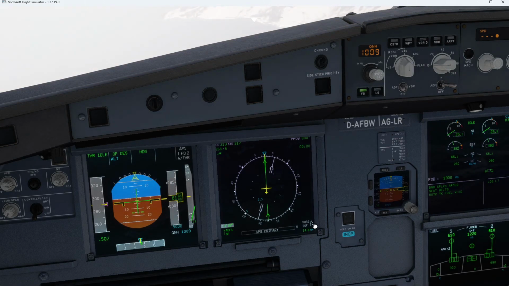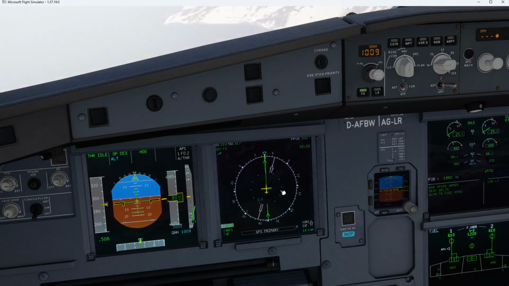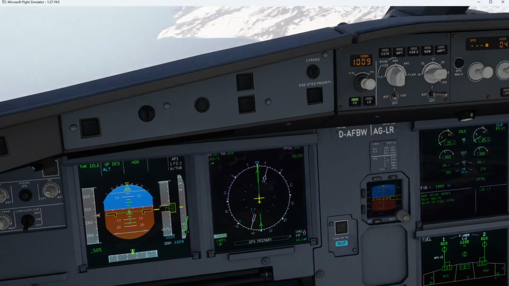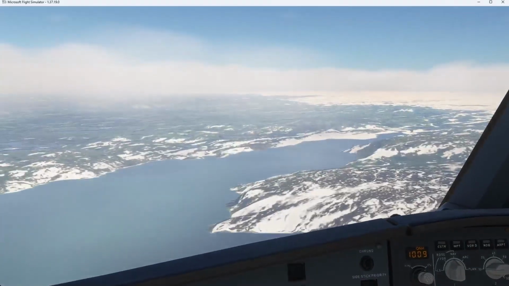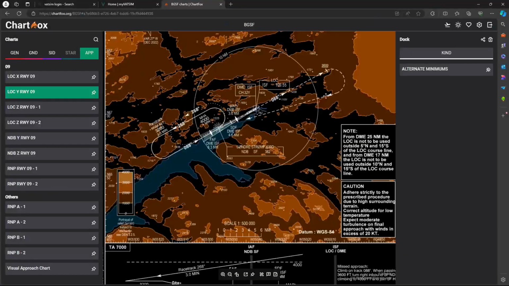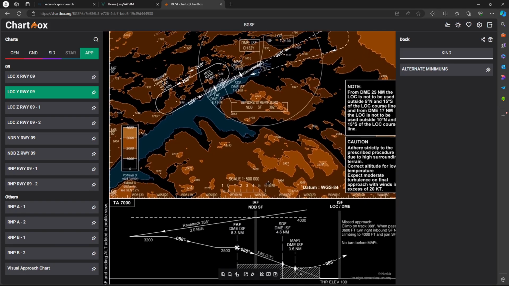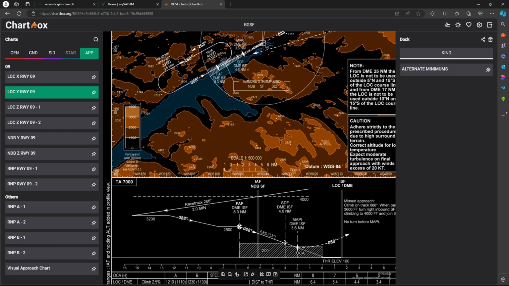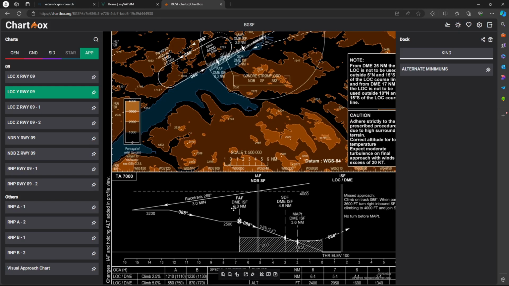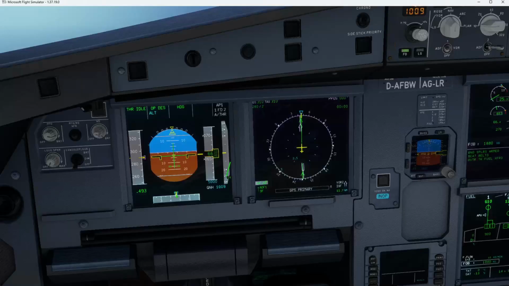15 miles from the VOR. We're heading directly to the NDB. Here, the VOR is here. SF is right here. That's our difference. SF is between here and here, which is between 4.6 and 8.3 miles. At the point where it's about 6 miles,